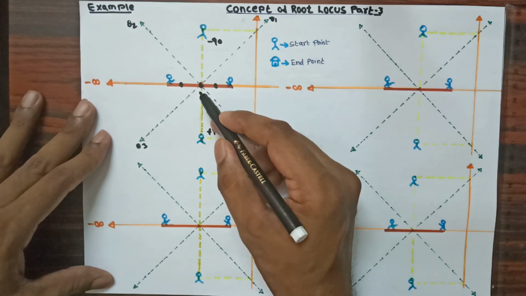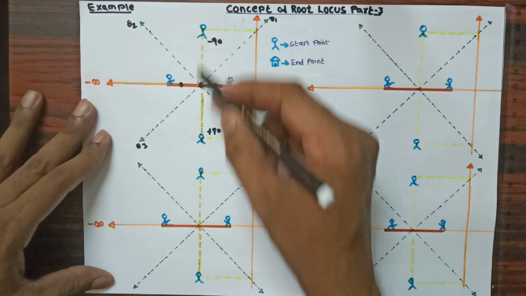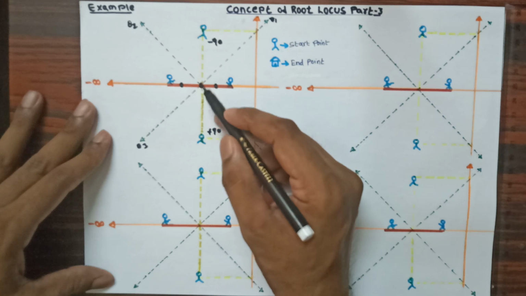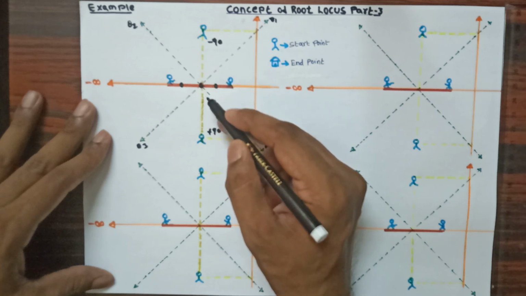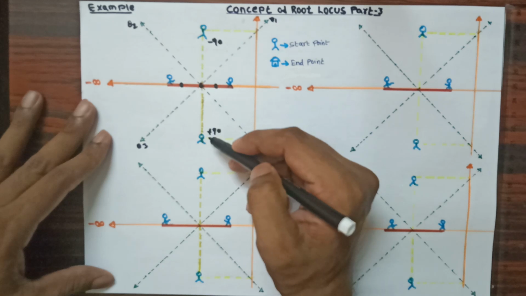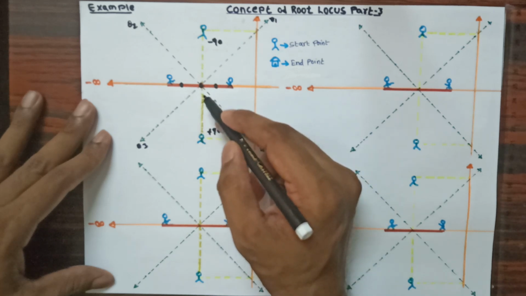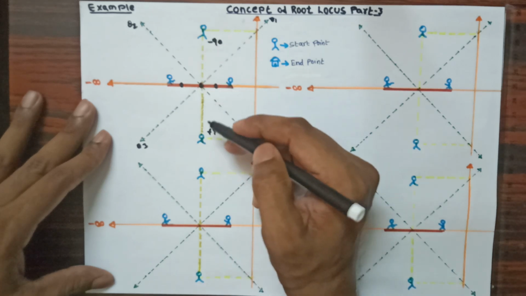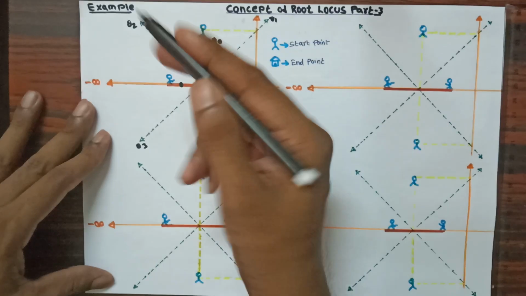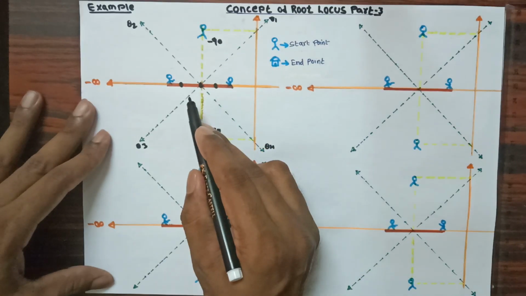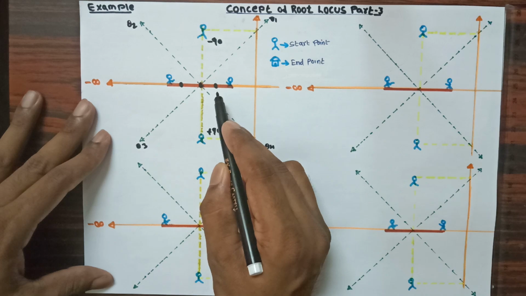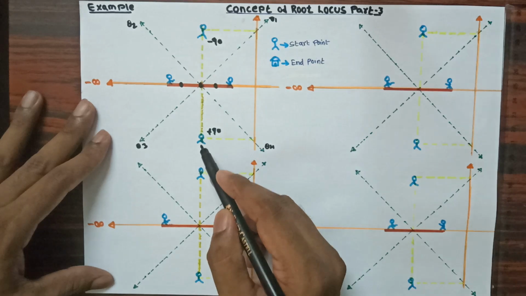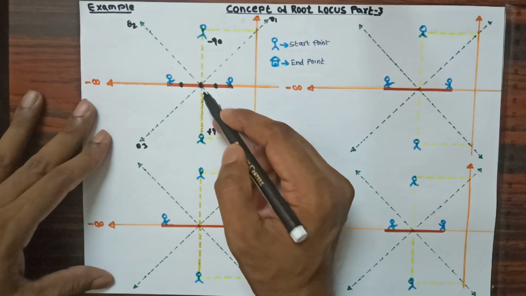Remember, if I am providing a meeting point, then only this person should come to the x-axis. If I am not providing any meeting point, then they should not come to the x-axis. Remember this, make a note. These 2 should come to the x-axis only if I am providing a breakaway point for them. So if there is no breakaway point for these 2, then they should move from there itself to the infinite destination. But in this example I have considered 3 breakaway points where they can meet, when this person is coming down and when this person is moving up. They both can meet at this point.